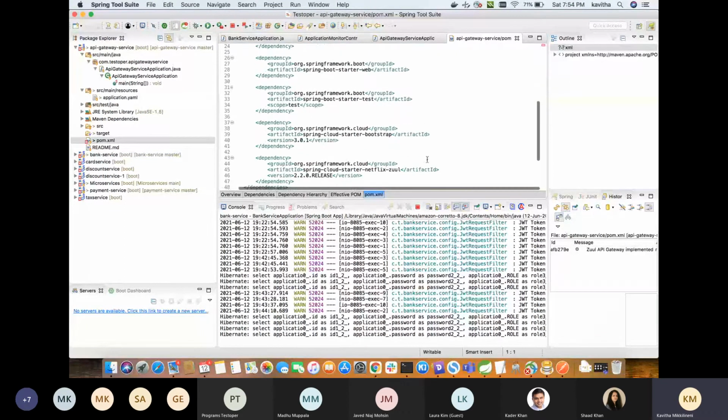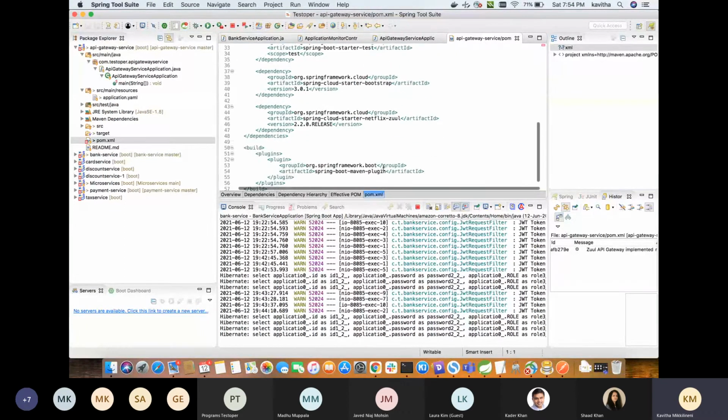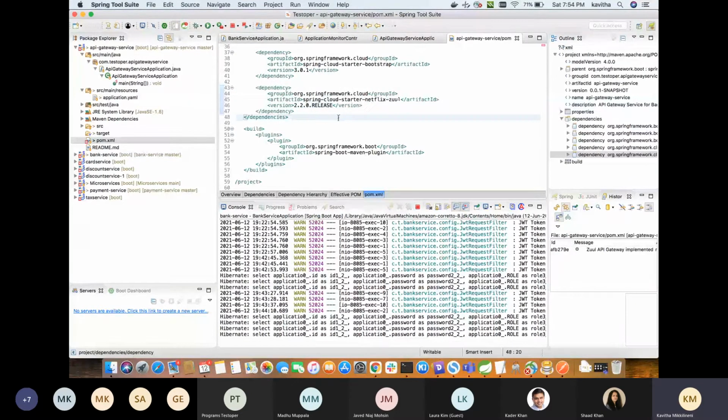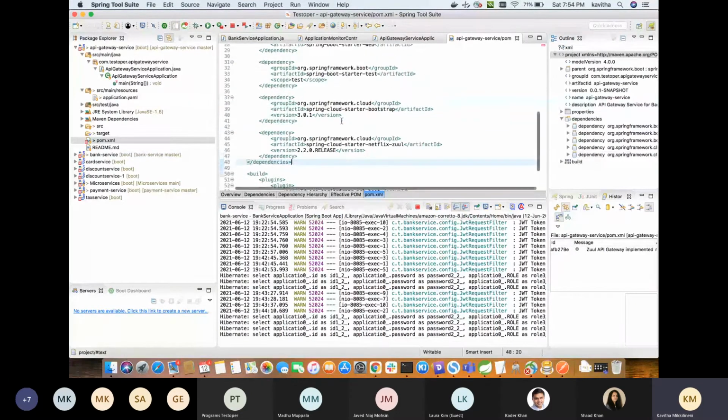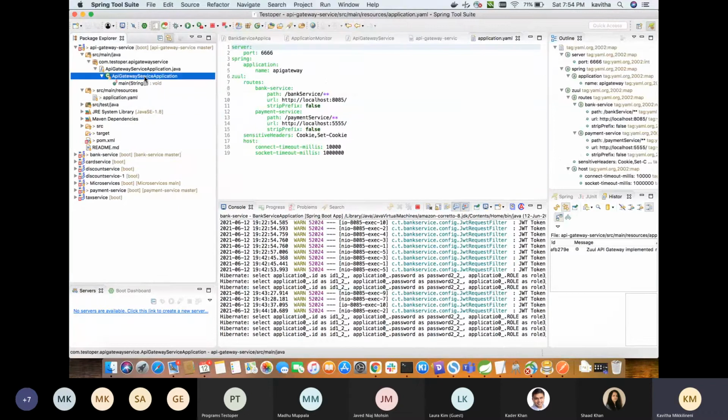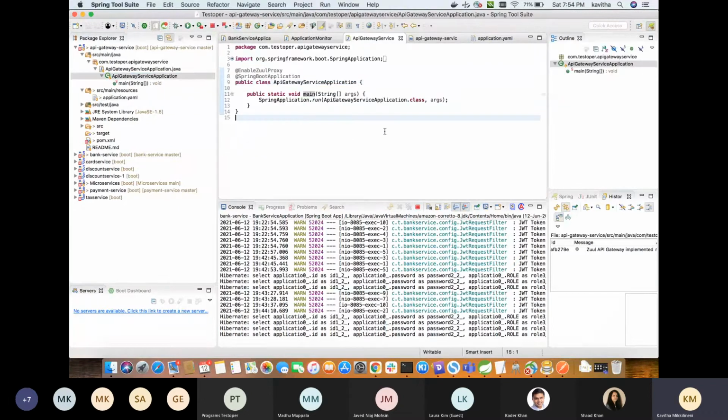In the pom.xml, we have to add this dependency, the Zuul package, so that this will be included. And this is a simple microservice, where we have just the Spring Boot application starter class, and all that it does is the redirection to the underlying microservices.